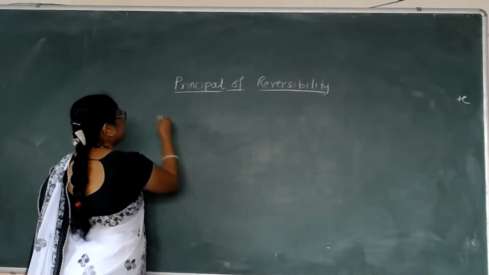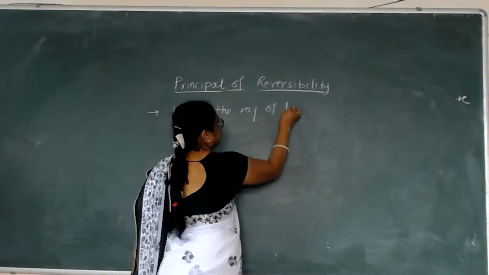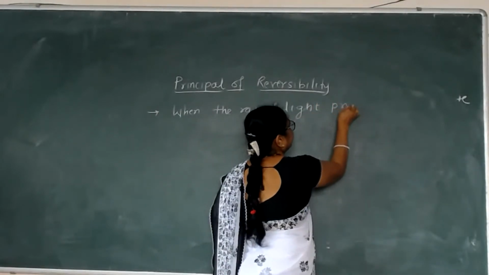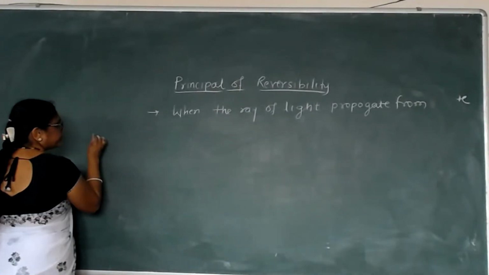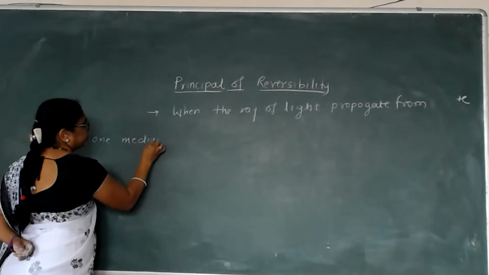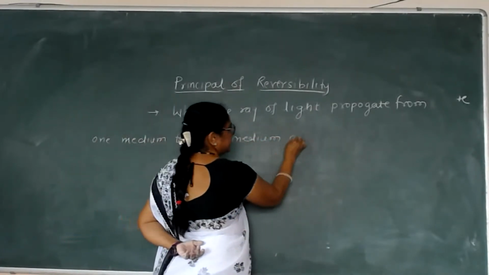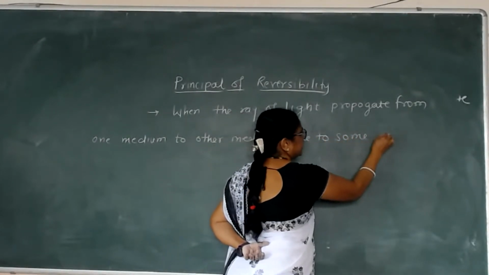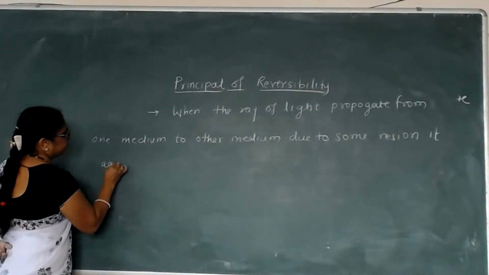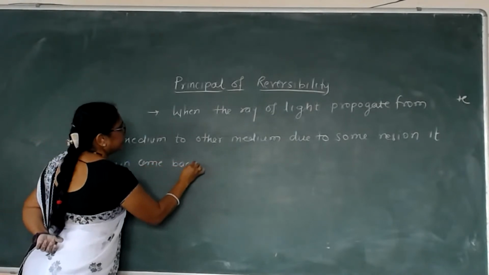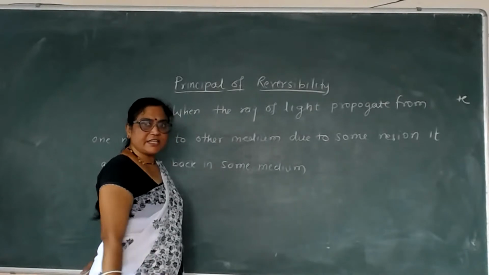So here, principle of reversibility. When the ray of light propagates from one medium to the other medium, due to some reasons, it again comes back in the same medium, it is known as